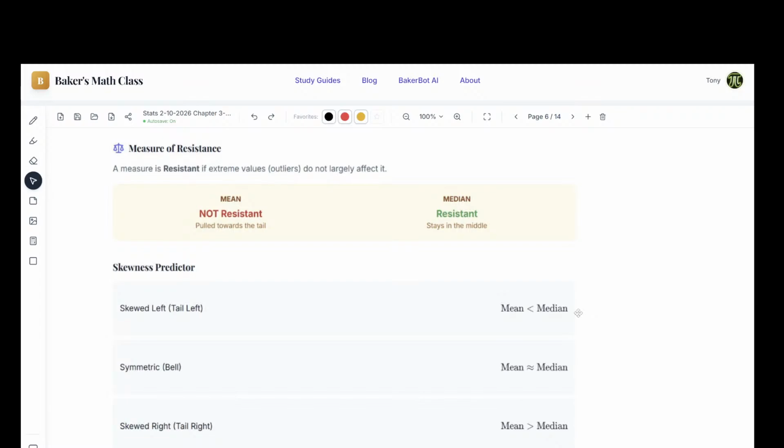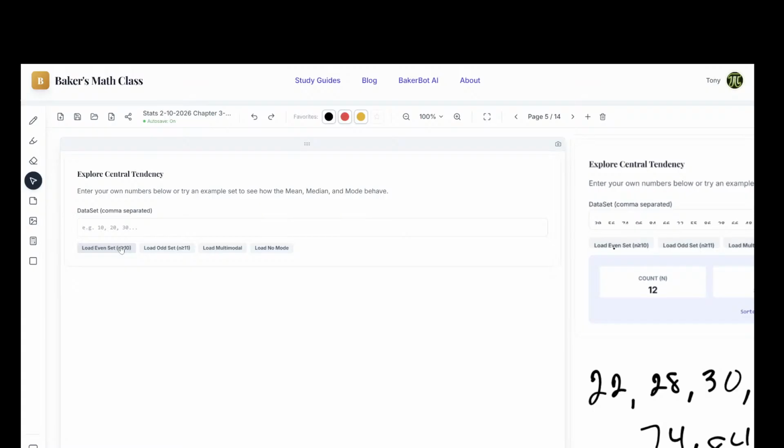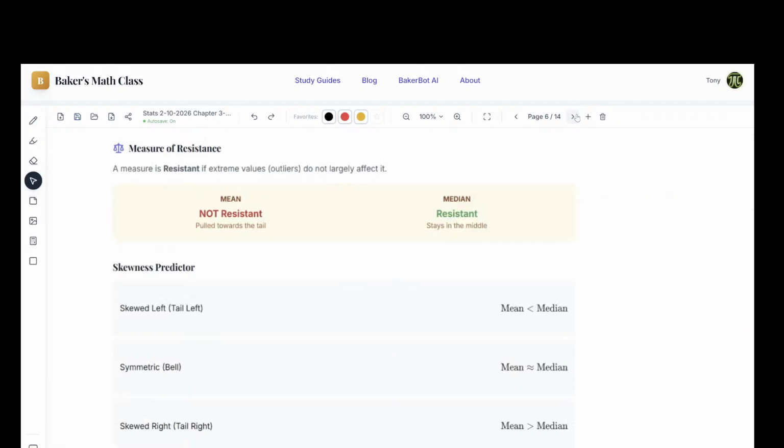Symmetric, mean and median should be about the same. All right? So if the data is about symmetric, your mean and median should be about the same. They don't have to be exactly the same, just close. So like, I will come back to this slide in 1 second. I will come back, don't worry. So like in this one, my mean is 39, my median is 22. That's not quite close enough. So this data would be skewed to the right because my mean is bigger than my median. Okay? I'm going to go back, don't worry.